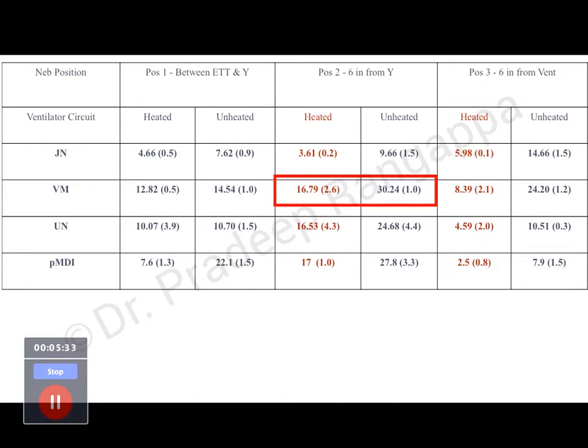And the jet nebulization performed well if you kept it close to the ventilator. If you kept it 6 inches from the ventilator, then it attained double digit, and more so when you remove the HME. I mean, that we would expect. We would remove the HME or heated humidification. So what this study highlighted is the farther the distance from the Y piece or the ET tube, the better was the deposition. And with vibrating mesh, it was shown to be superior when it was at 6 inches, at least from this study. With jet nebulization, the closer to the ventilator, the better was the deposition.